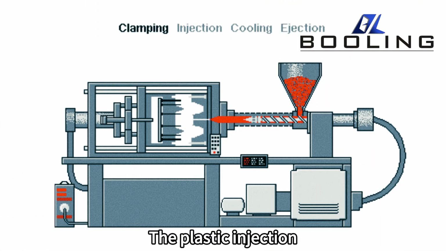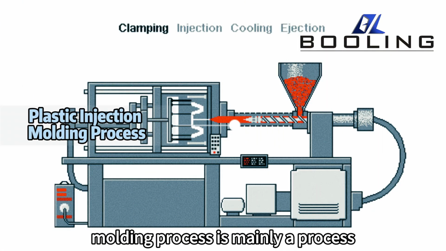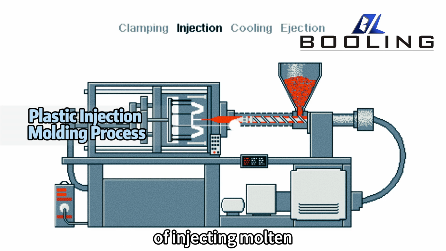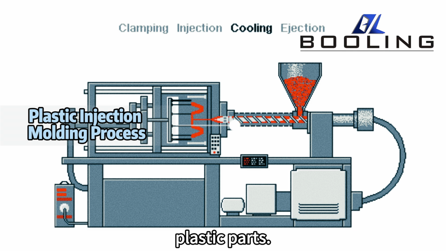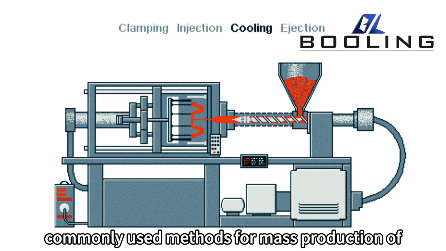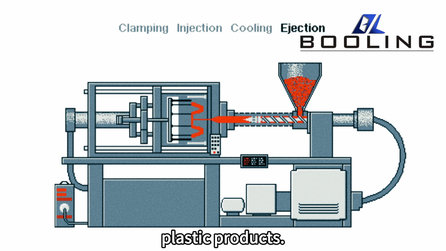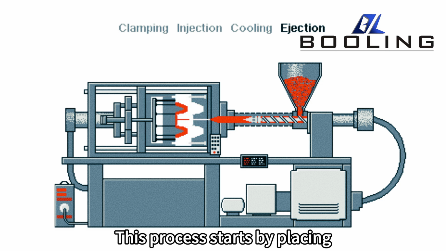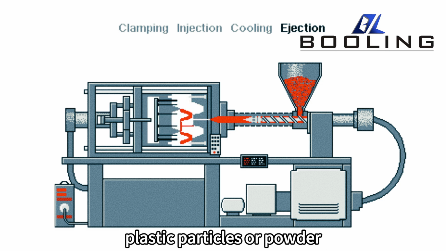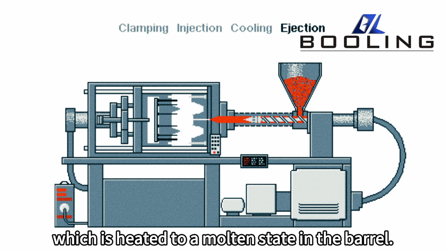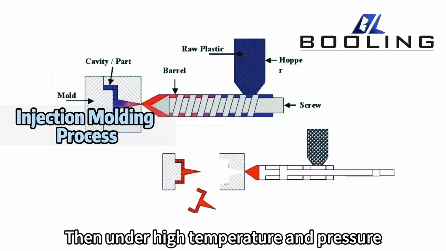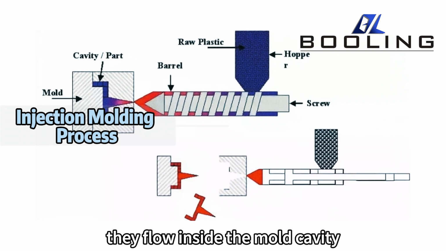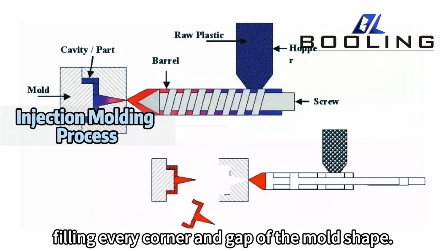The plastic injection molding process is mainly a process of injecting molten plastic materials into the mold cavity to manufacture plastic parts. This is one of the most commonly used methods for mass production of plastic products. This process starts by placing plastic particles or powder into a heated barrel, which is heated to a molten state. Then, under high temperature and pressure, they flow inside the mold cavity, filling every corner and gap